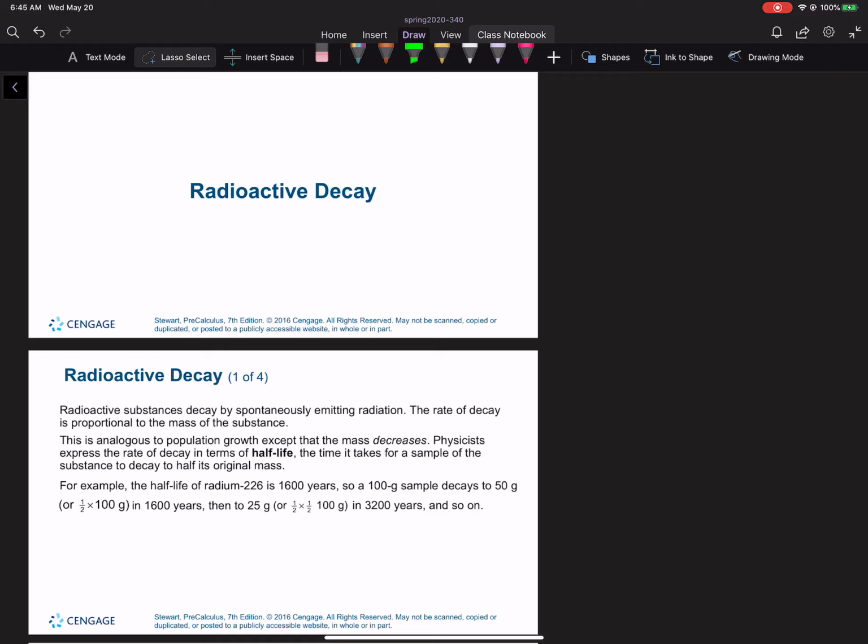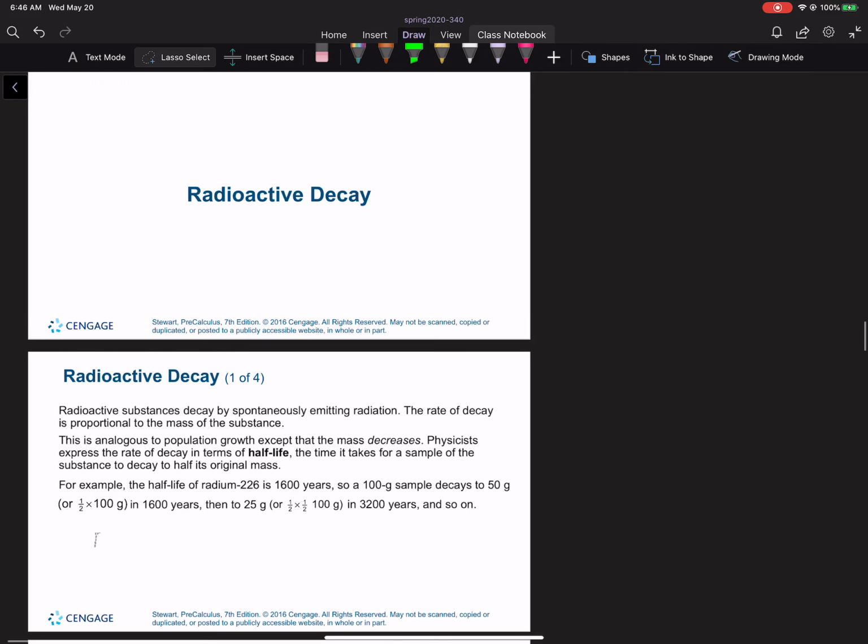If you think about it intuitively, it kind of mimics what we looked at when we were looking at doubling time or tripling time. It's got a growth, or here a decay, factor in it. The decay factor is a half. So if you think about it this way, if I have my final